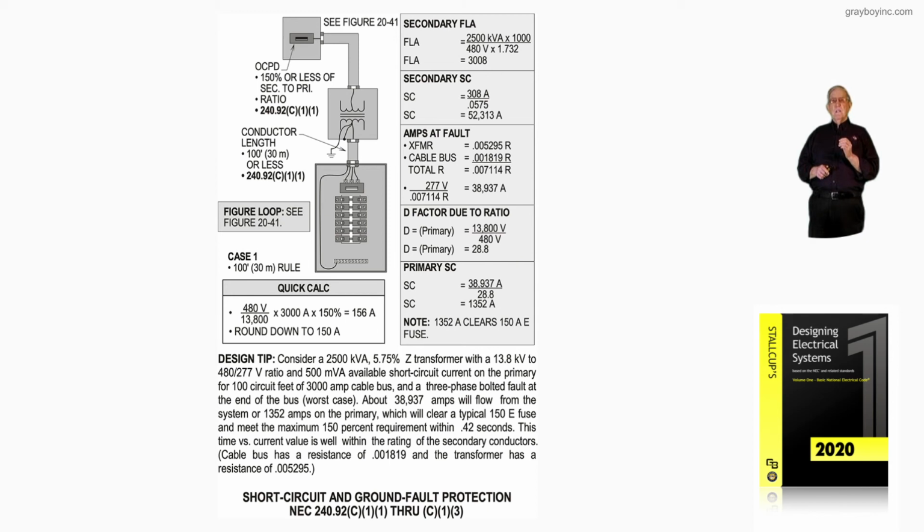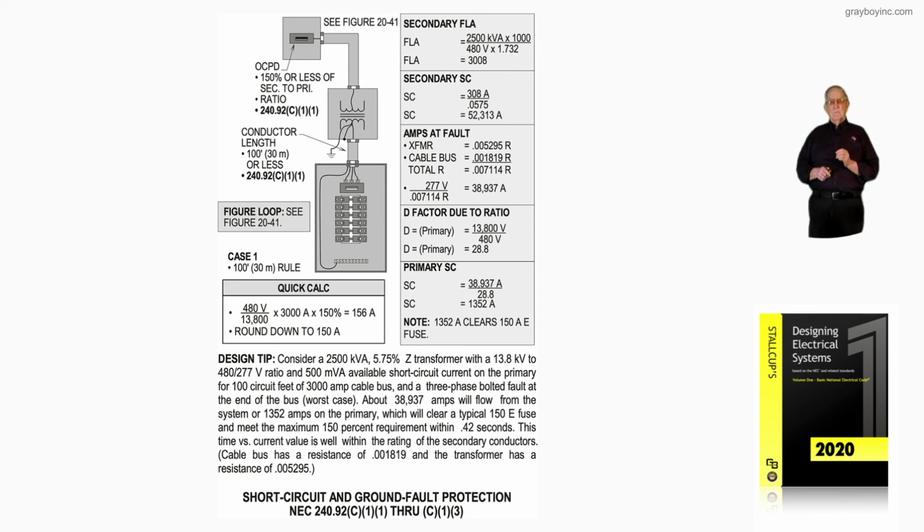But now we would take the short circuit current of 38,937 amps at the fault, divide it by 28.8, which is on the secondary side, and we would come up with the ratio of amps to the primary side to clear that 150 amp device. We would find